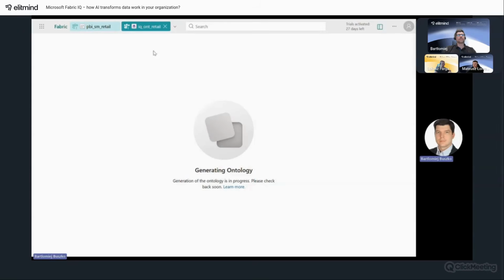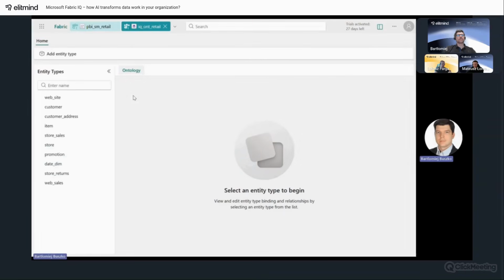Also, it doesn't create a sync between ontology and semantic model, which is like a live connection. It's only a one-time job that enables ontology creation based on the semantic model definitions. But later there is only a connection between the entities in the ontology and the lakehouse tables.